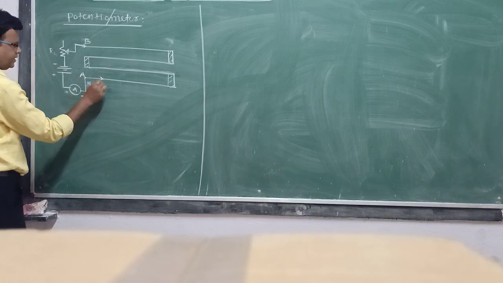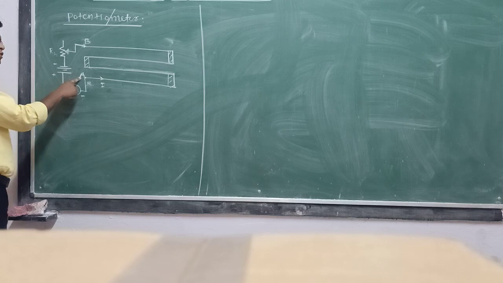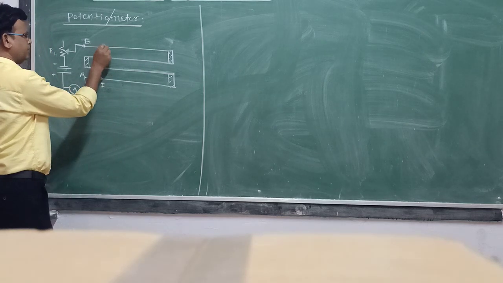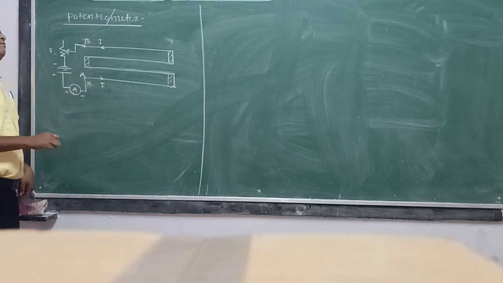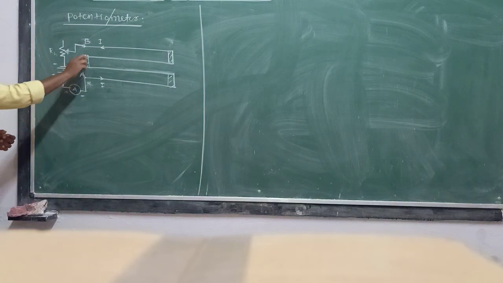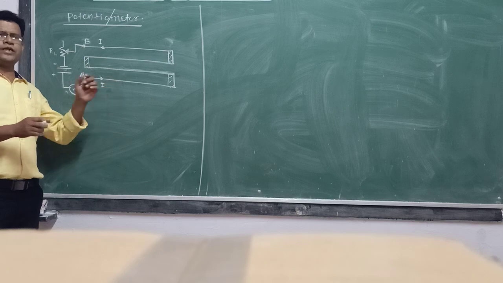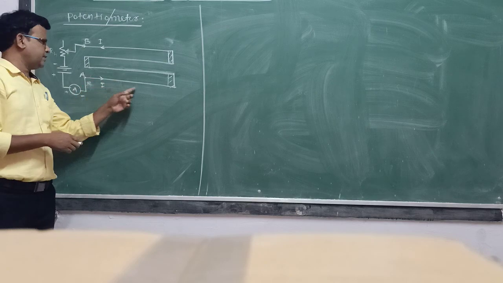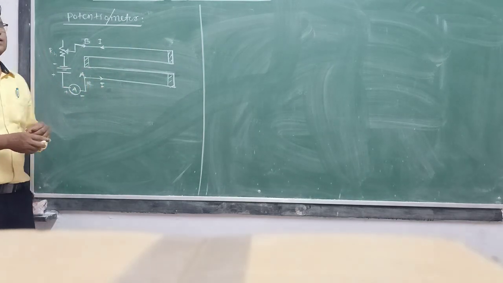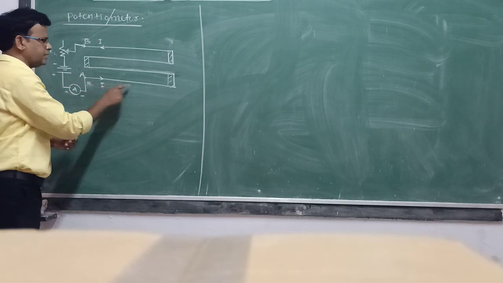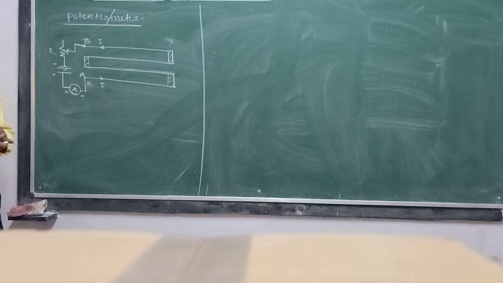Now if I is the value of current entering through end A, as the wire is in series up to the other end, you get the same value of current. So in case of this wire AB, what constants do we maintain? The cross section area is fixed, the resistivity of the wire is also fixed, and a constant current passes through the potentiometer wire. On the basis of all these constant parameters, we are going to discuss the principle of the potentiometer.